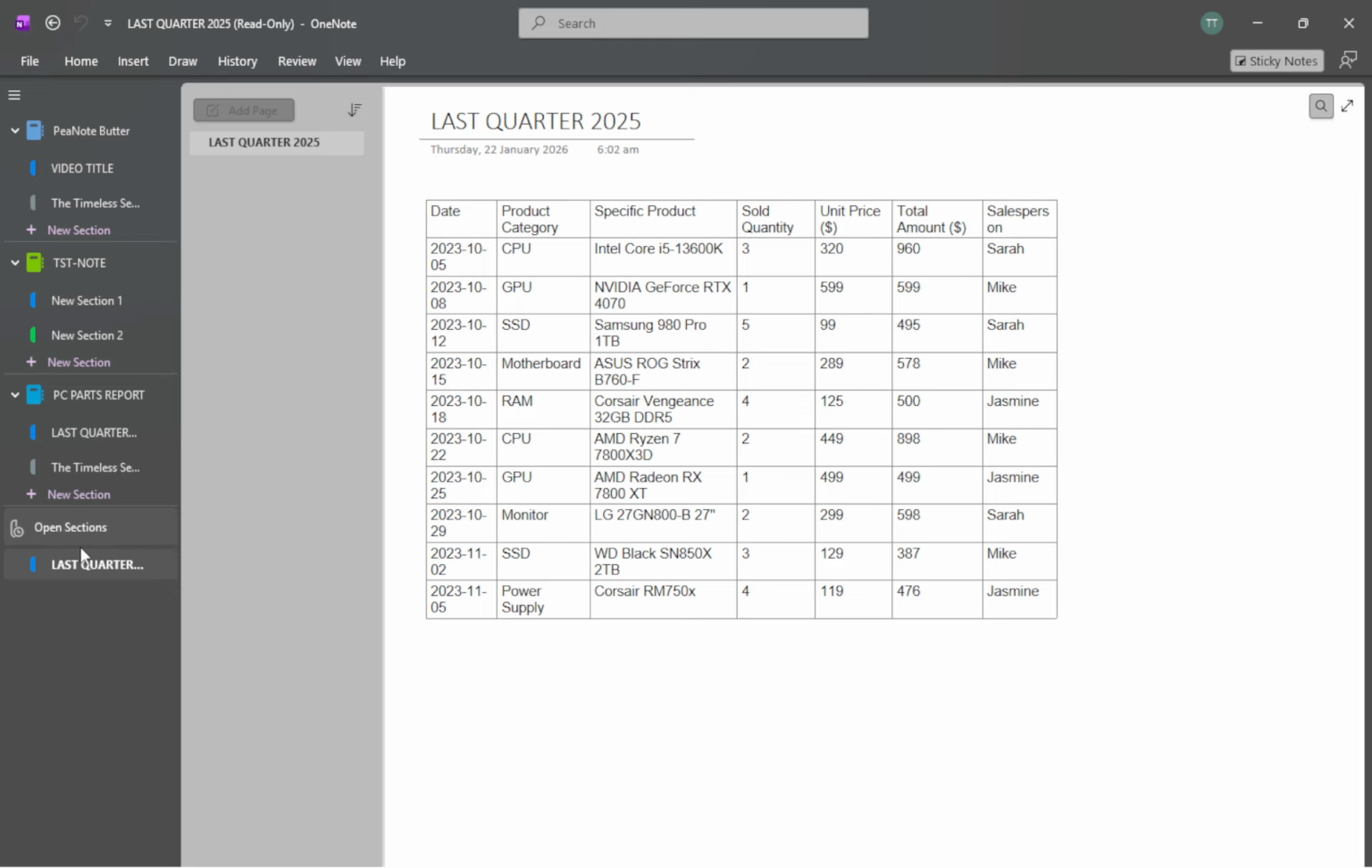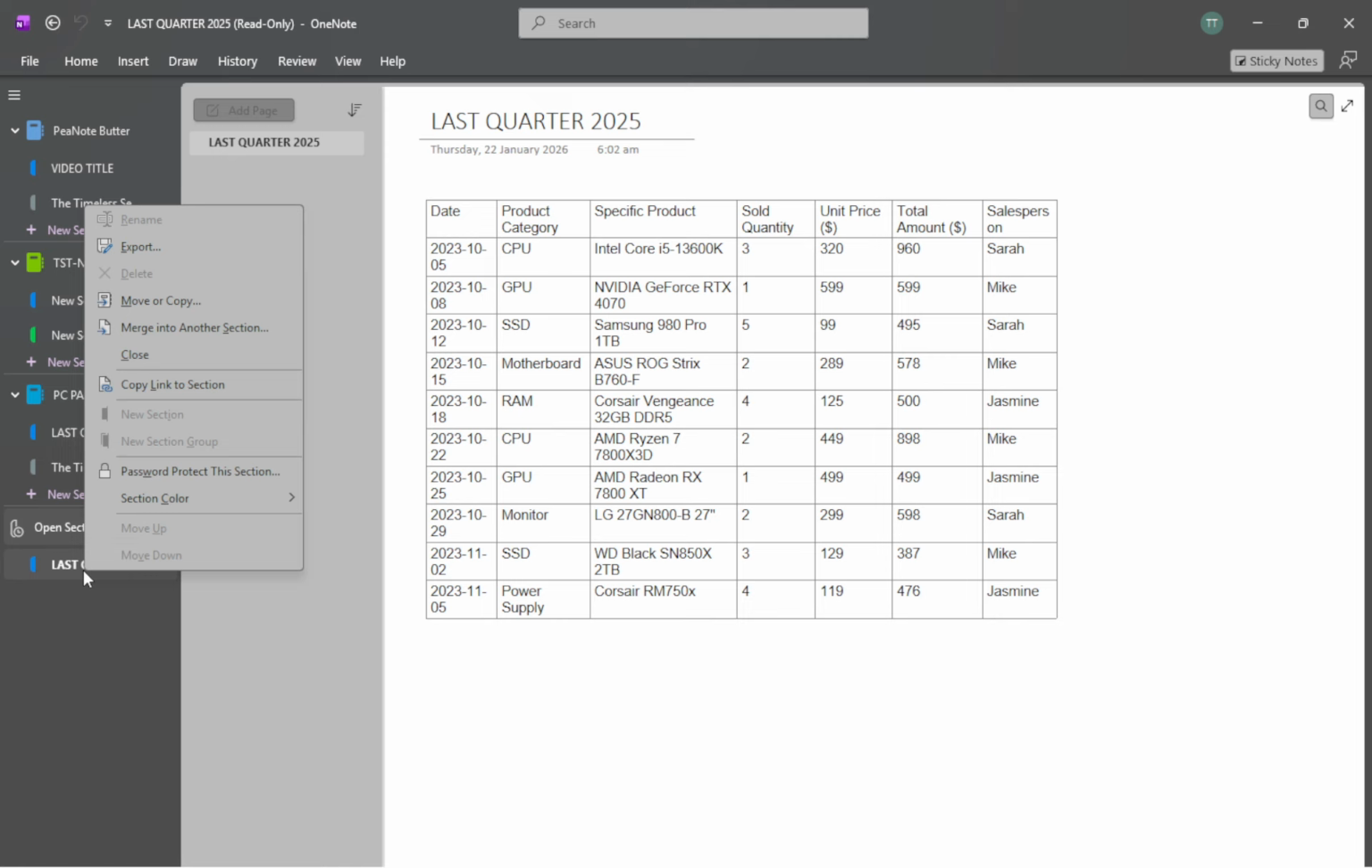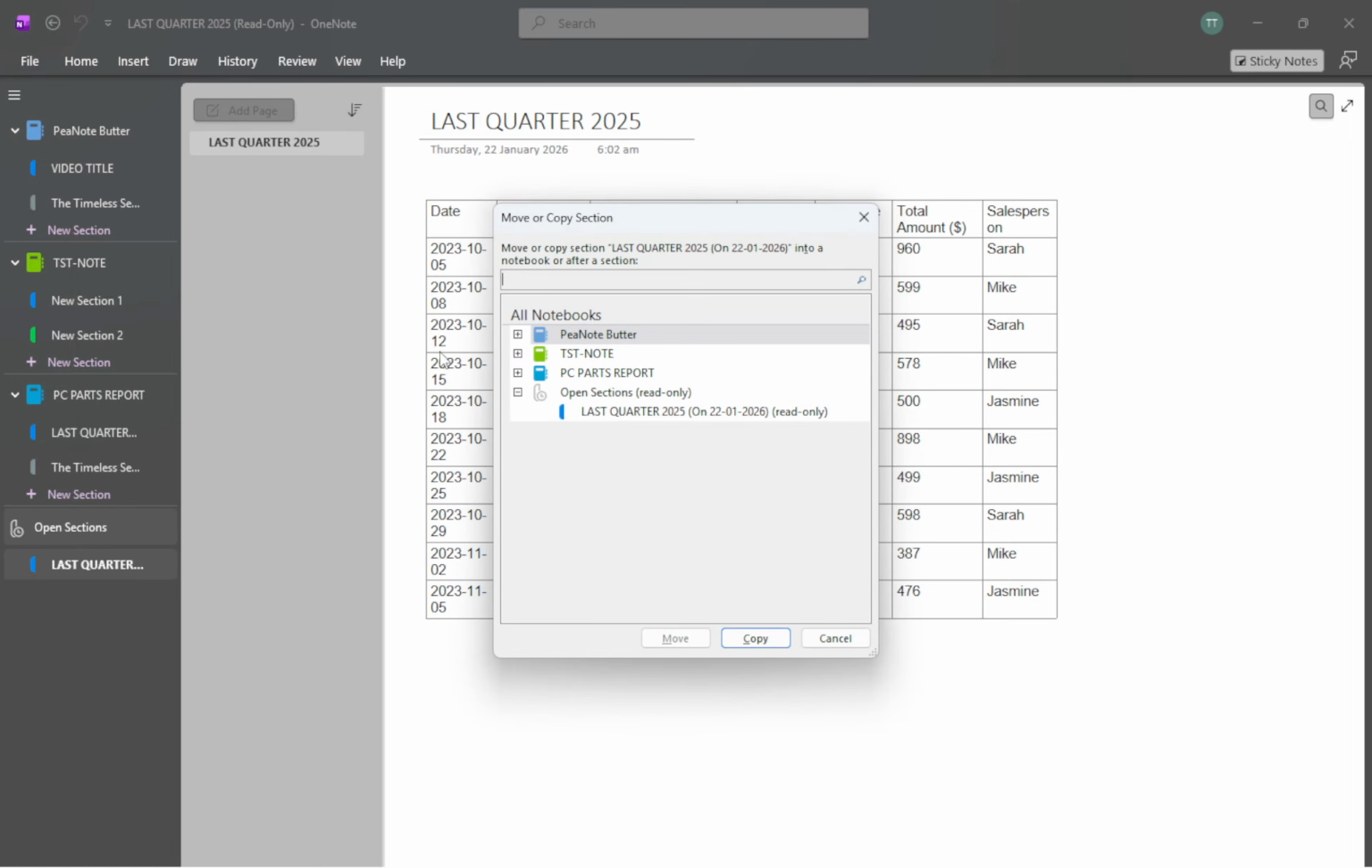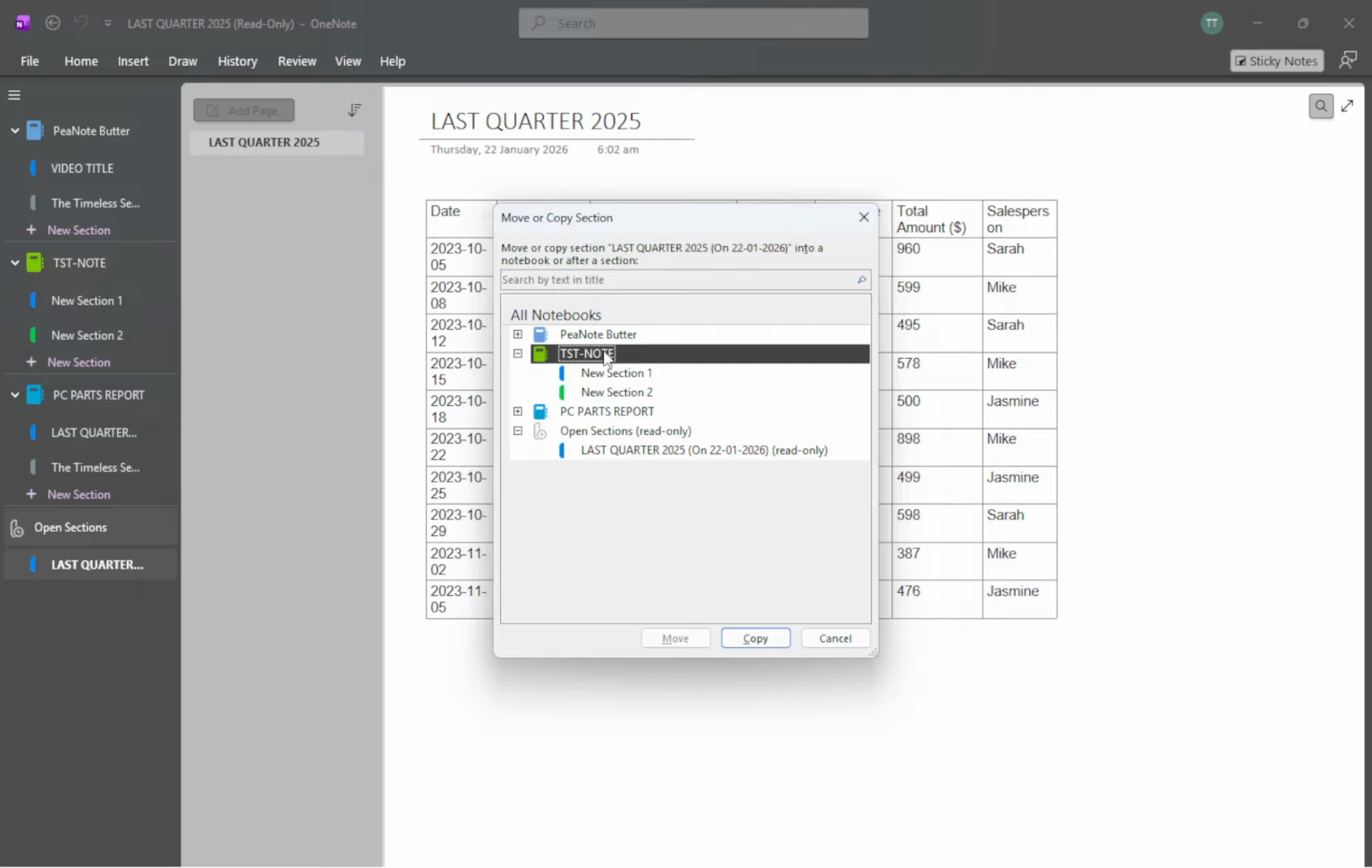If you want to restore an entire section, right-click the Section tab in the backed-up content and choose Move or Copy. Select the notebook and location where you want it to go. To preserve the backup file exactly as it is, choose Copy rather than Move. Copy creates a duplicate in your live notebook and leaves the backup untouched, which is safer if you need to